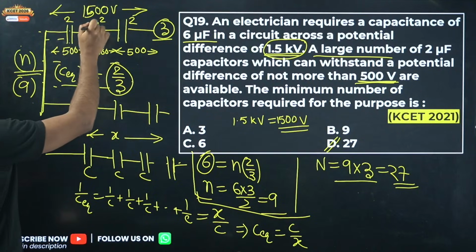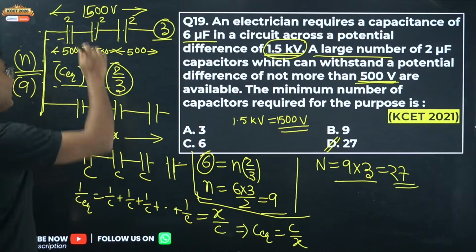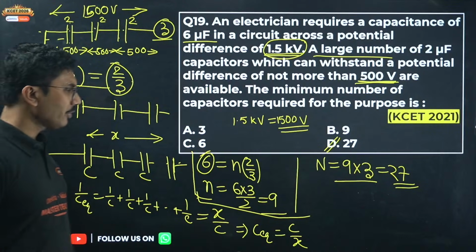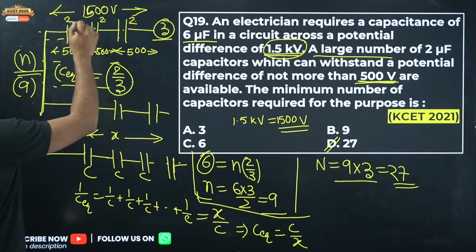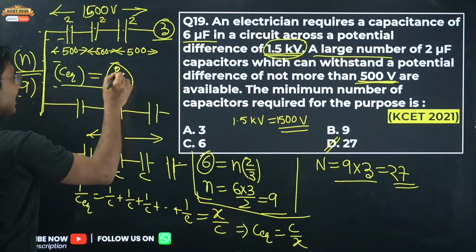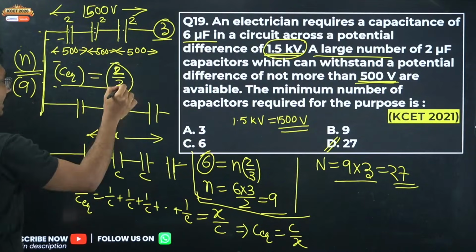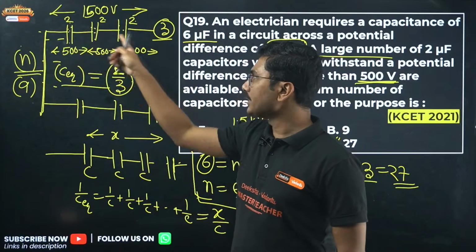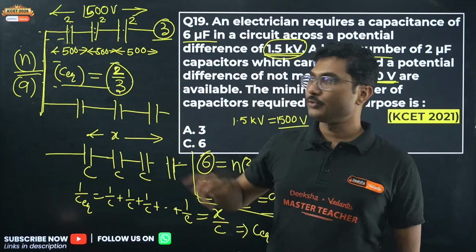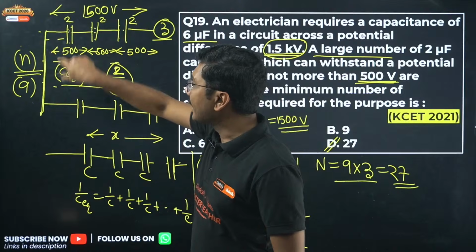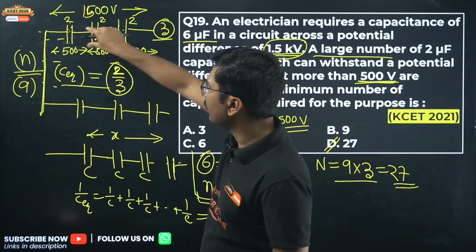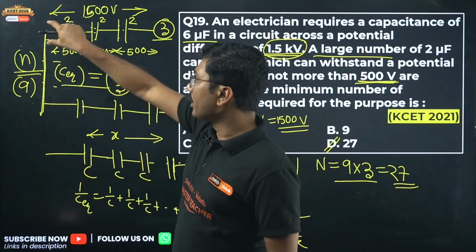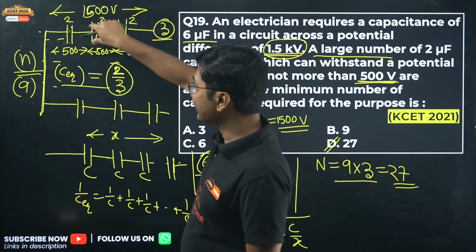Here we are connecting 3 capacitors in series, each of them have 2, 2, 2. How many? 1, 2, 3. So capacitance of any one divided by number of capacitors, that is 3. So 2 by 3 is the equivalent capacitance, and it is not for the entire row, this is only for this column. For the entire row it is 6, that is given. This is for this row only.